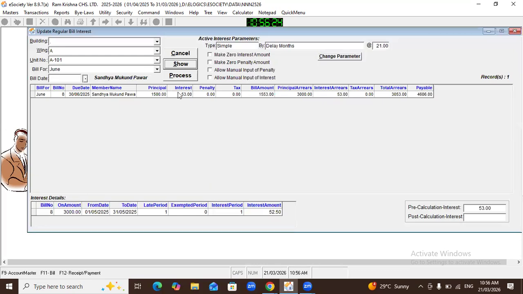Here you can see the interest applied for this member is 53 rupees. If you want to make this interest zero, or if you want to change the interest manually, you can tick on this option, allow manual interest. Now click on process. After that, you can see that this save button gets enabled. So first change the interest accordingly.